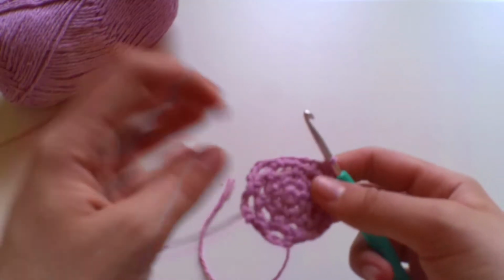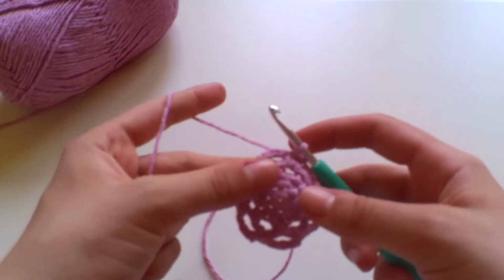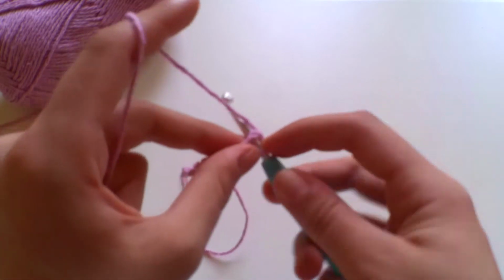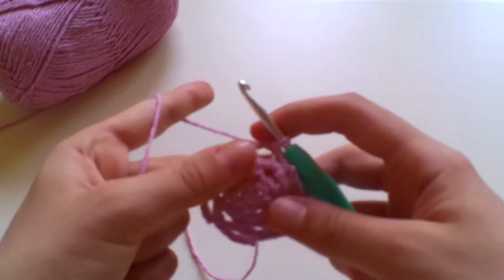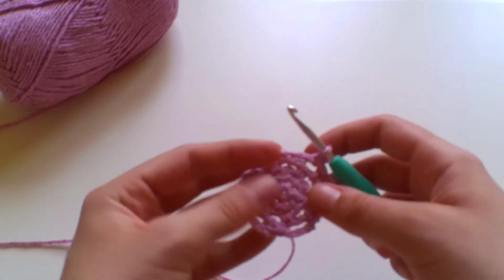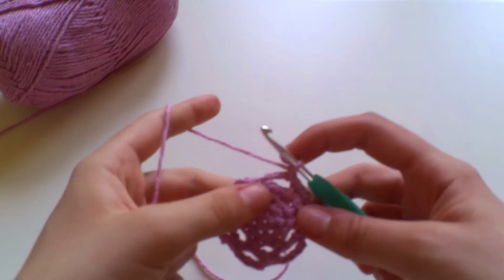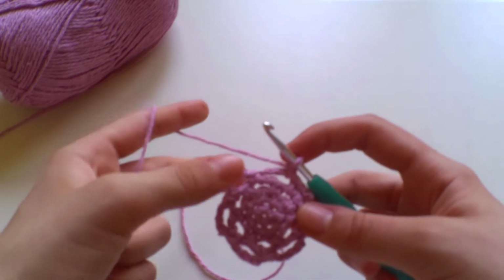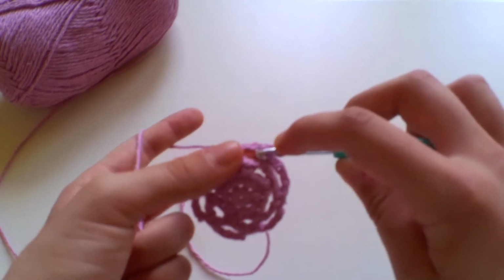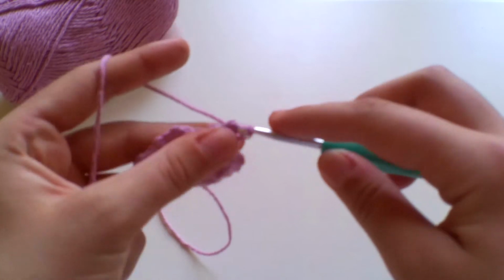Okay then, so to begin round 5 is just like to begin round 4, so we need to skip over into this chain 4 space by slip stitching into that space, chain 1, and now we're ready to begin round 5. Now round 5, all we're going to do is work 5 double crochets into every single chain 4 space around. So into this chain 4 space directly underneath our chain 1, work 1,